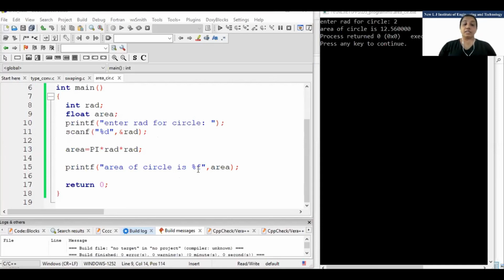So other things can be asked, like finding the perimeter. It can be asked for area of a rectangle, square, or triangle. Any program can be asked, right? You just need to use the equation. Fine. Any doubt? Okay. Another program we are supposed to see. You need to try the area of a triangle and all, right?